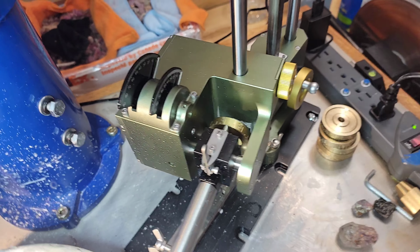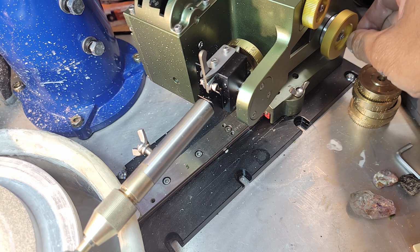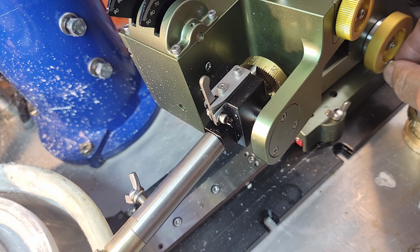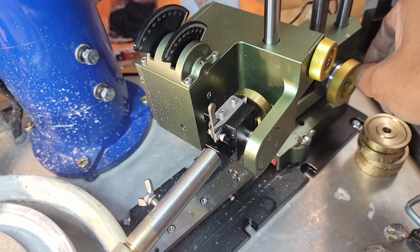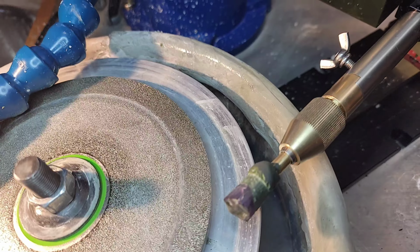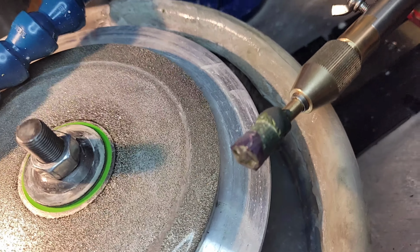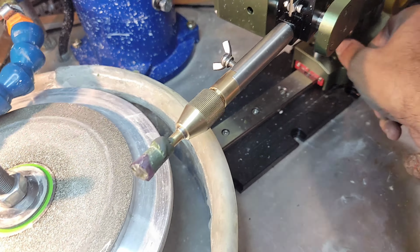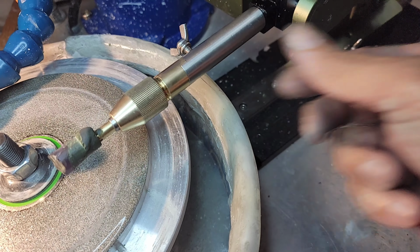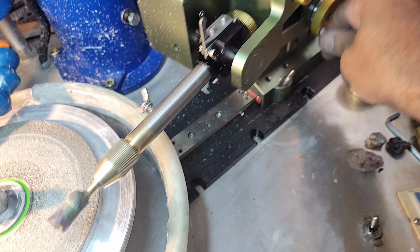So next I'm gonna lift, go up on the mast here. I was at about 0.5 centimeters here, so I'm gonna go up. I haven't decided to what level to go up. That depends on what the stone has to offer, I guess. I'll go up here, move it a little bit, and start blowing in my angle. So I'm gonna keep doing that until I find the correct angle. So move up here